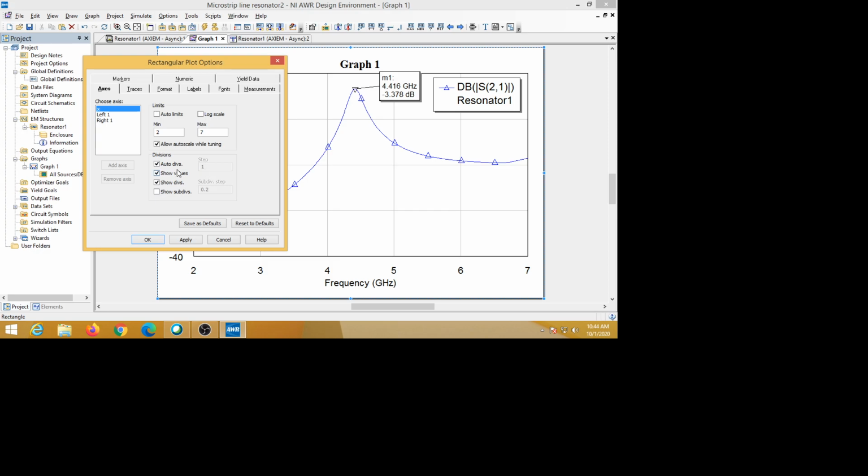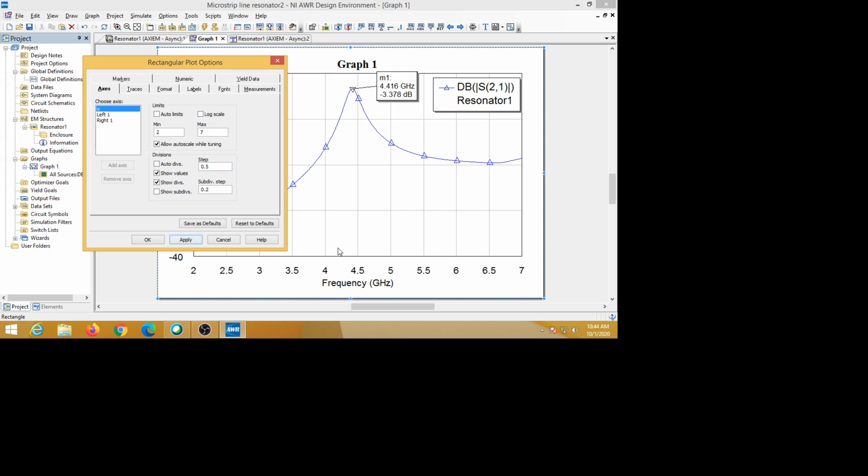It is taken as one, which means from one grid to the second grid the frequency difference is 1 gigahertz. Instead of that you can change it to 0.5, like this. Then just click apply, and you can see every 0.5 gigahertz a grid came. This is the added grid at a 0.5 frequency difference. So you can add the grids like this.